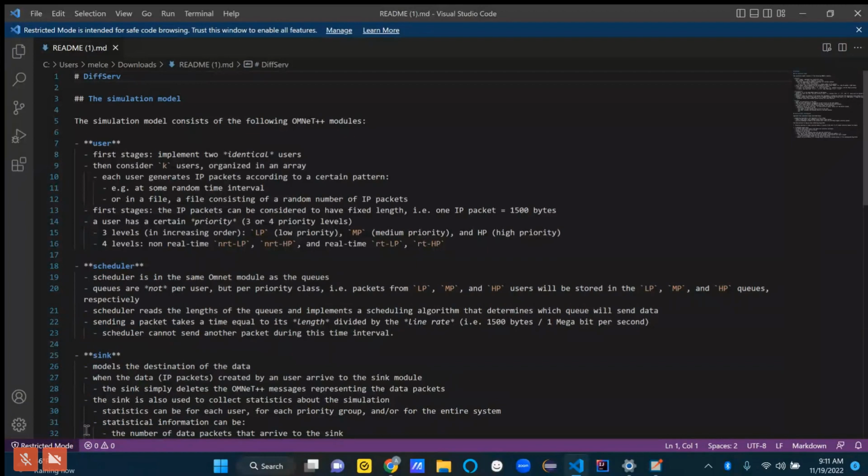Great. So basically, what we're going to do is take this existing FIFO model that they have, and then what we want to do is introduce this notion of users.